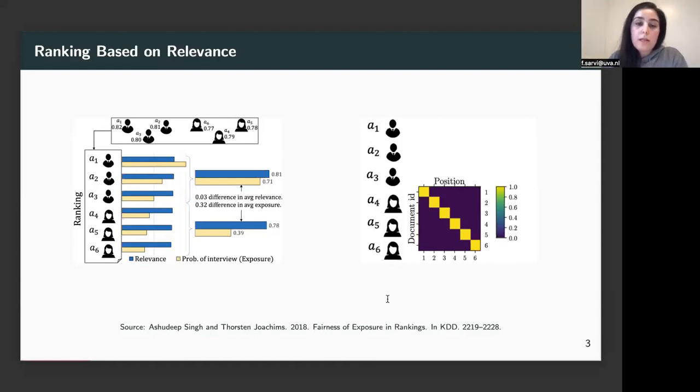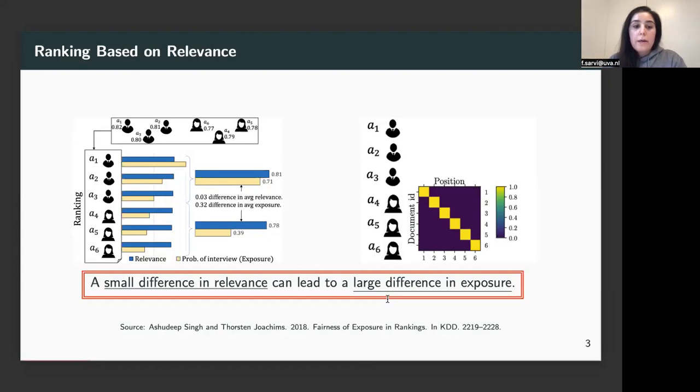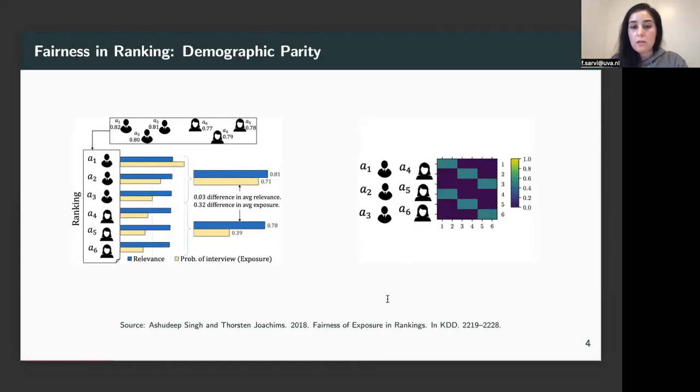What we argue here is that it's not fair, right? Because we have two groups. The relevance is not that different, but the exposure at the end is really unfairly distributed. So the message here is that a small difference in relevance can lead to a large difference in exposure, and this is not what we want. So what we can do,